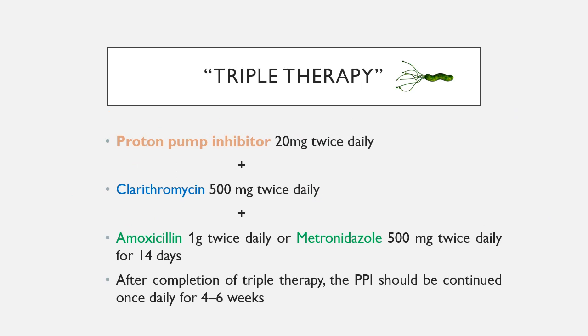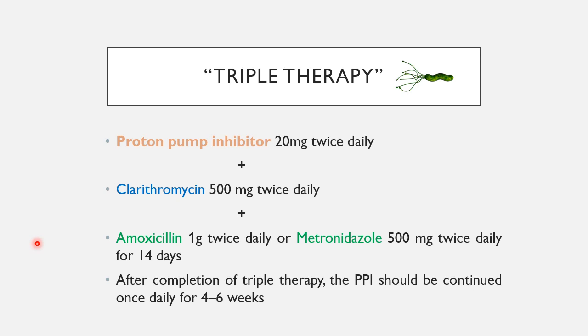Two treatment regimens are available for eradication of H. pylori. One is the triple therapy, in which 3 drugs are used as the name shows, and the other one is quadruple therapy, in which 4 drugs are being used. And the best regimen is for 14 days. So triple therapy is mostly used and it is also first line therapy